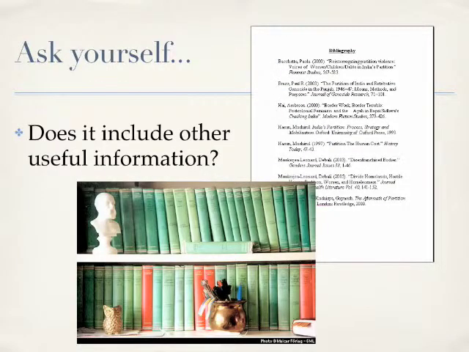Finally, ask yourself, does your article include other useful information? Is there a bibliography that might lead you to other sources at the end? That's always a gold mine. Check bibliographies or works cited or reference pages at the end and go to those sources directly yourself if you want more information. And then you might also ask, how current are the sources it cites? So how current are the sources your source cites, in other words?